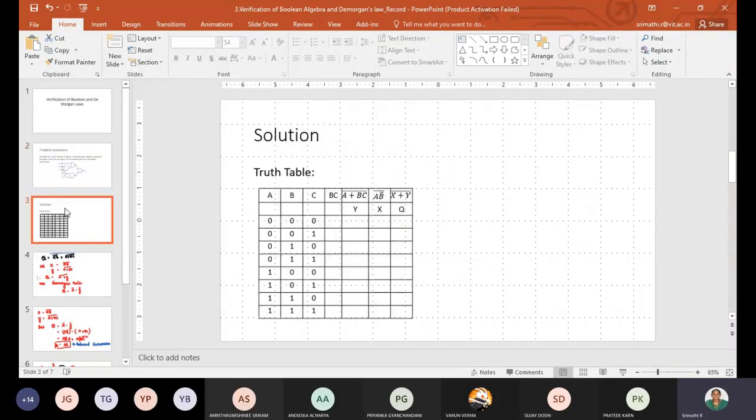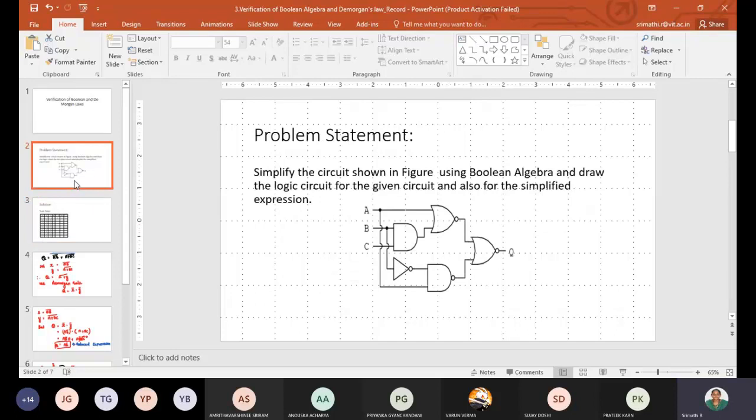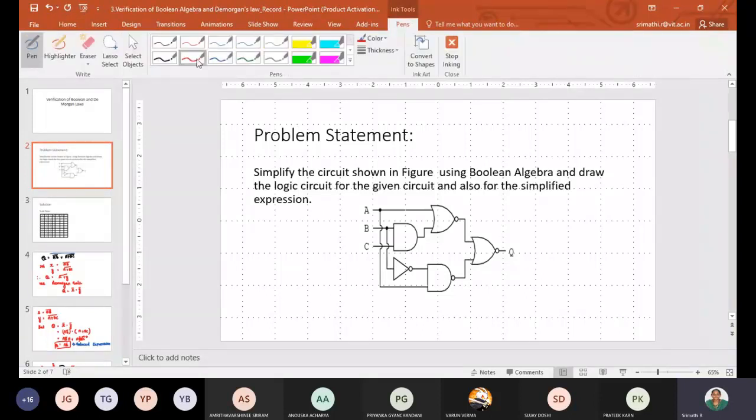Okay. So the first thing is, you have three inputs, A, B, C, for the given circuit. The first AND gate output is BC, and this is a NOR, so this is (A plus BC) the whole bar.